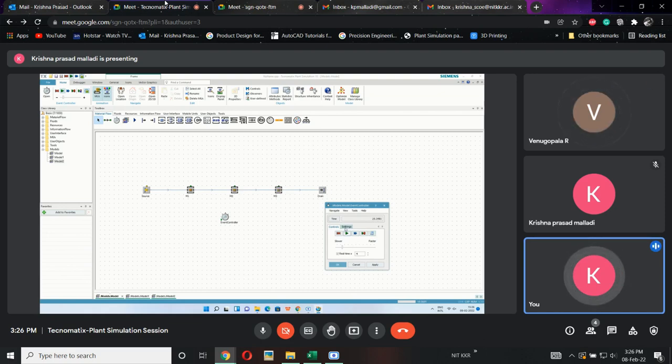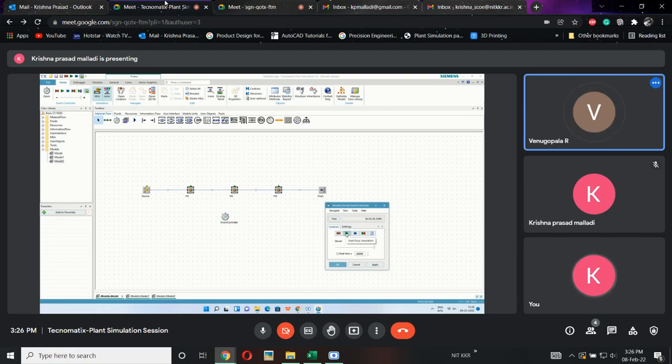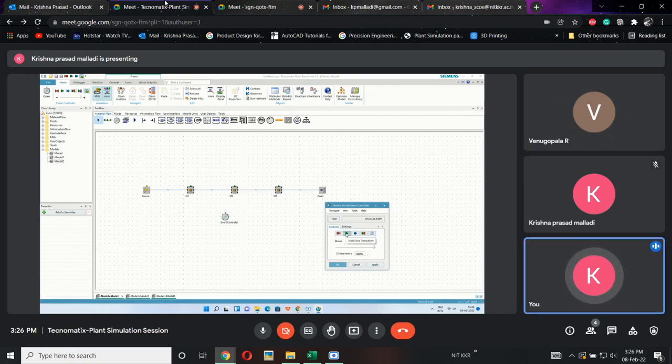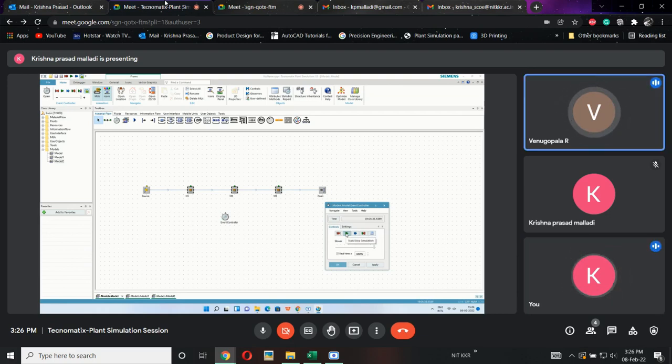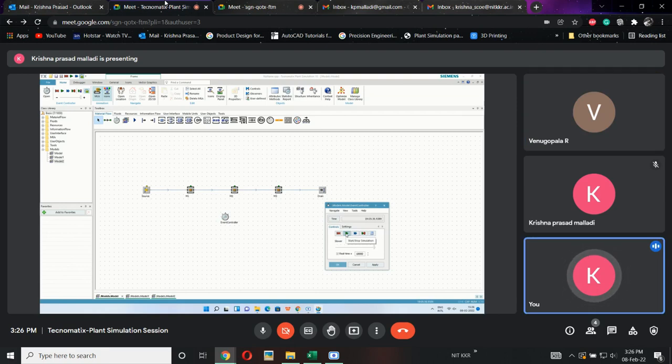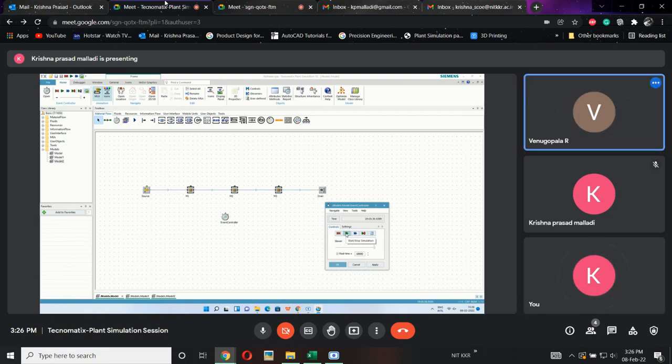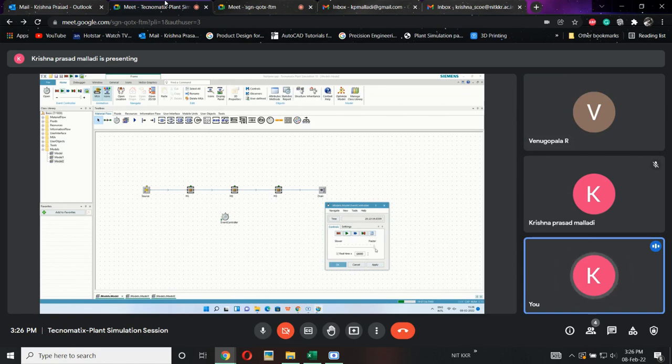Now I want to run the simulation up to 2 days. If I run the simulation in slow, it will take some hours, so I am increasing the speed to check whether it is working perfectly or not. Simulation is only for the software, right? Yes, only for the software. In reality it will work for 2 days only. But here, in software, I can check virtually. I can increase the speed for checking.